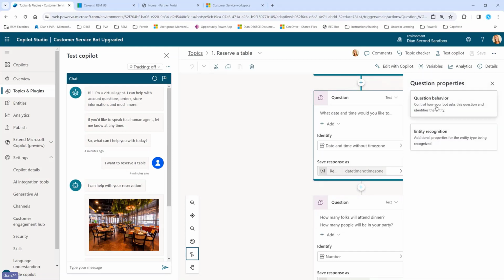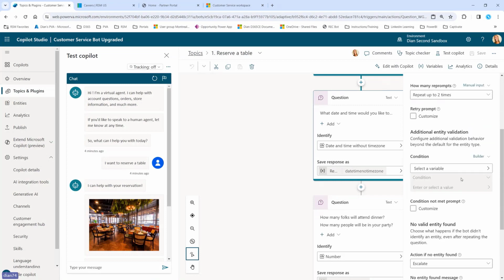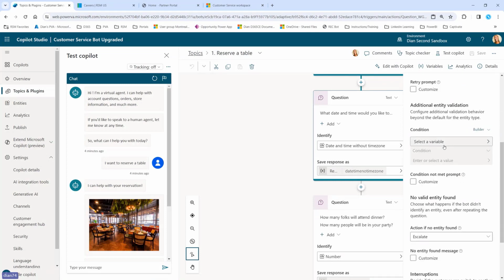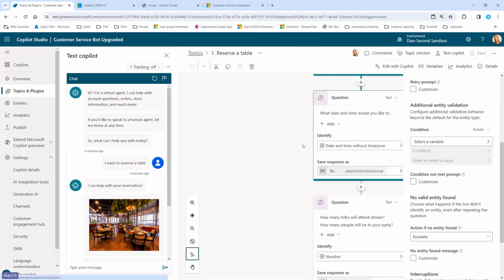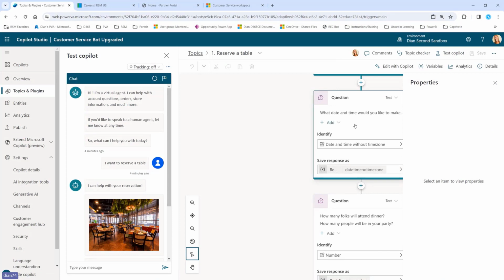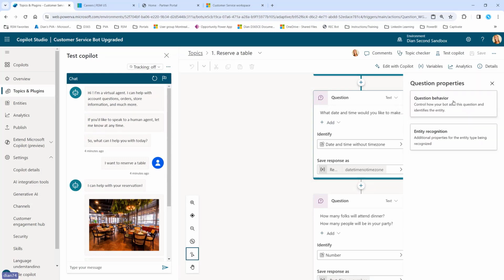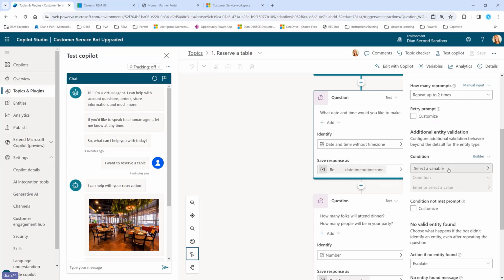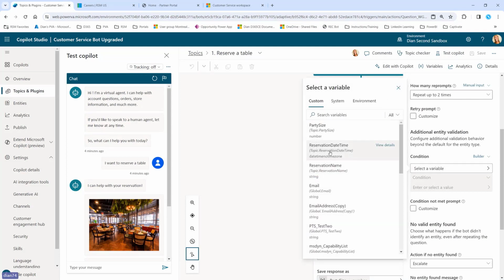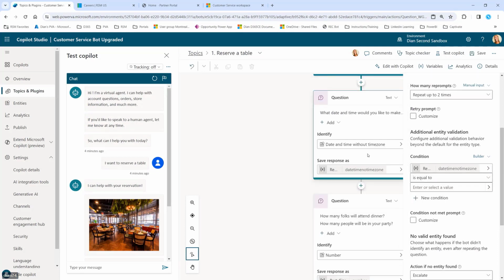I'm going to go here to properties, question behavior, and you can, for example, put here in a condition, right? So I'm going to say, let's see here, my delivery date or reservation, which one is it? This is what date should it be? So I'm going to say, oh, oops, that's not what I wanted to do, properties. So this is about this reservation date. So I'm going to say here, my condition is the reservation date is greater than,